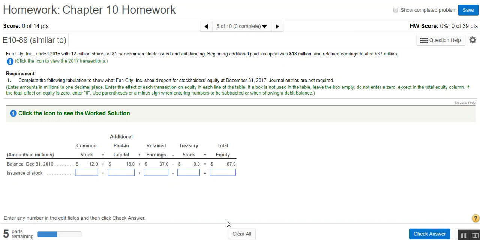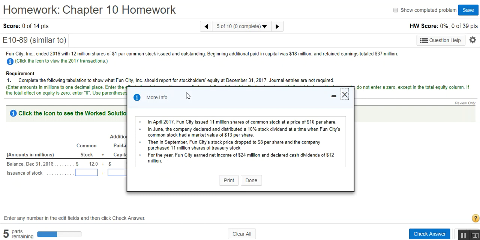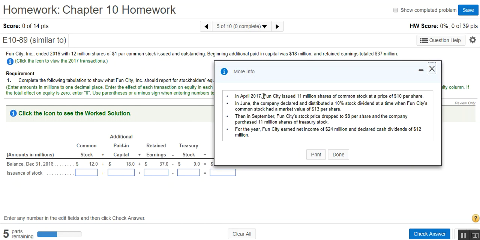Okay, let's talk about one of the homework problems that was dealing with issuing some stock transactions, issuing stock, treasury stock, that type. Let's look at the very first one where we're actually issuing some common stock. The problem says in April of 17, Fun City issued 11 million shares of common stock at a